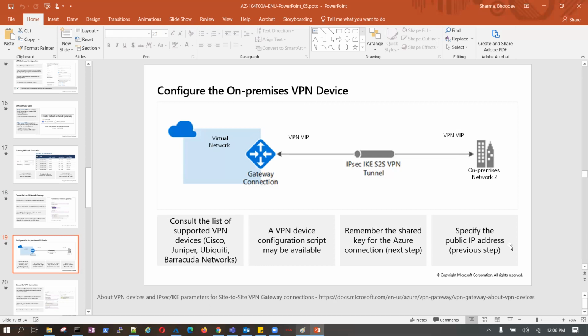And specify the public IP address, meaning this connection goes with the public, because this is over the public internet. Okay. VPN connection, so it can only communicate over the public IP. It cannot communicate over the private IP address. Guys.